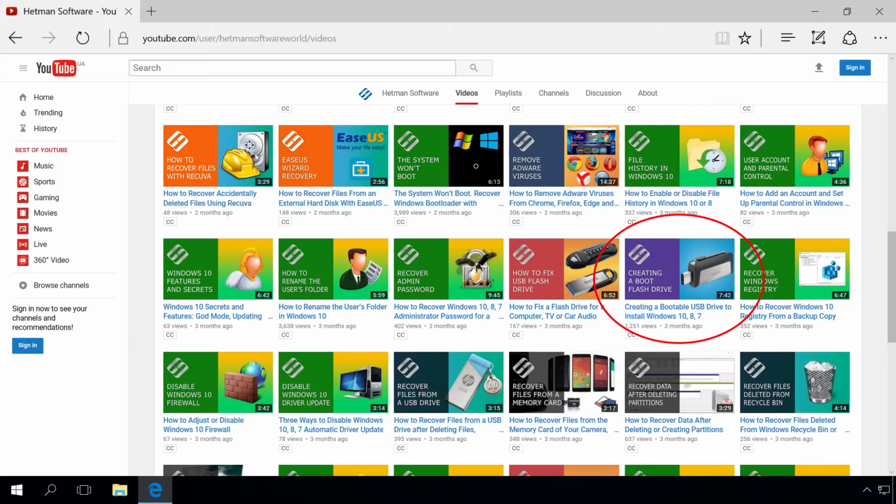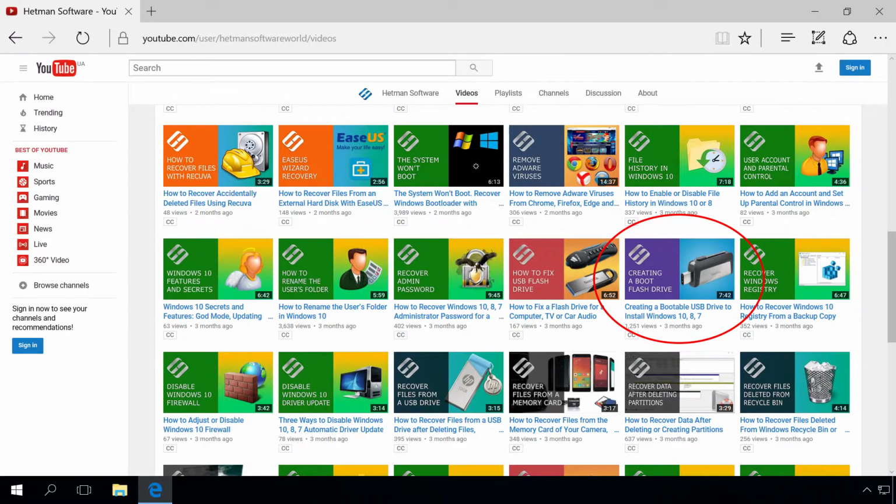activation. For installation, the first thing you need is a bootable USB drive with Windows 10. You can find a detailed description on creating such a drive in my previous video, and you can find the link in the description. Before starting, make a backup copy of all important data from your local disk where your operating system is installed to another disk or media. When installing Windows 10, this disk will be formatted. I'd like to note that all files and folders on the desktop are also stored on the local disk containing